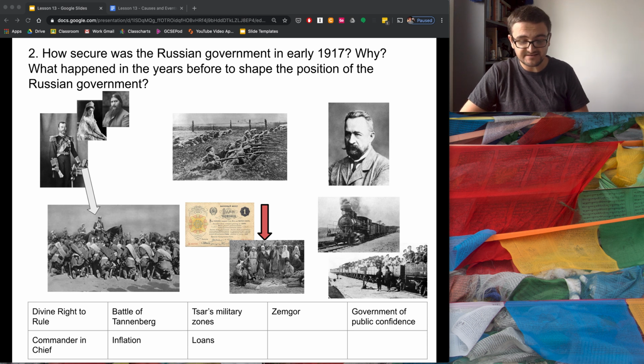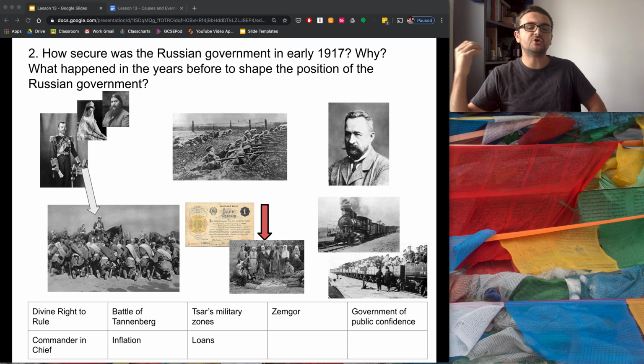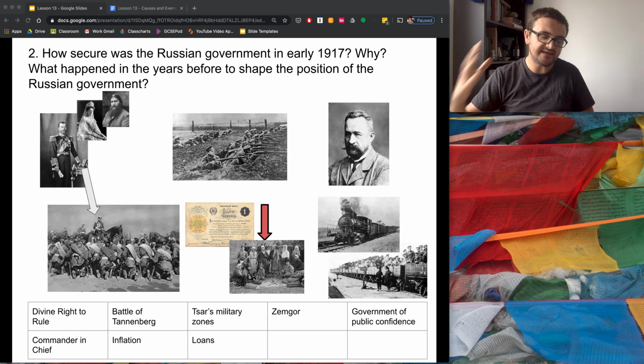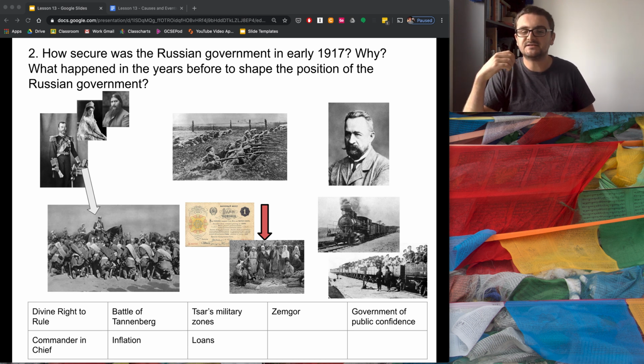In terms of his personality and his personal life, he was a naturally shy, awkward politician. He was quite bored by political affairs. He wasn't a natural leader in those respects. He didn't really believe in democracy. He believed in the divine right to rule, the idea that he'd almost been chosen by God like a king, and he had the sole right to rule over Russia. So he didn't want to engage in cooperation with the Duma. It's one of the reasons why that parliament was so weak.